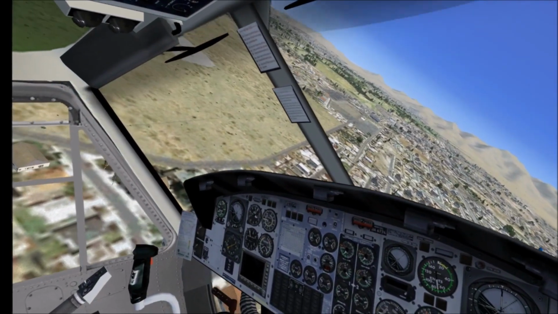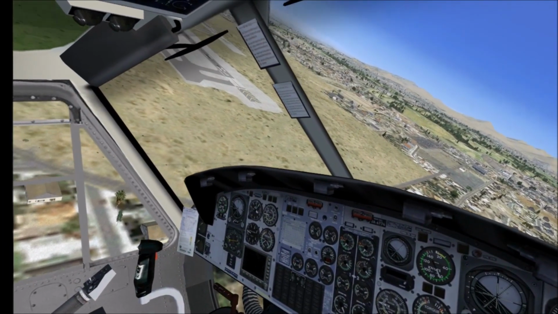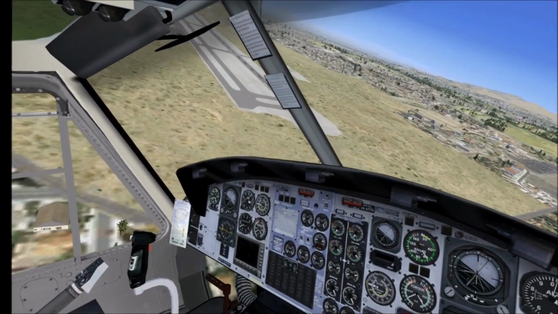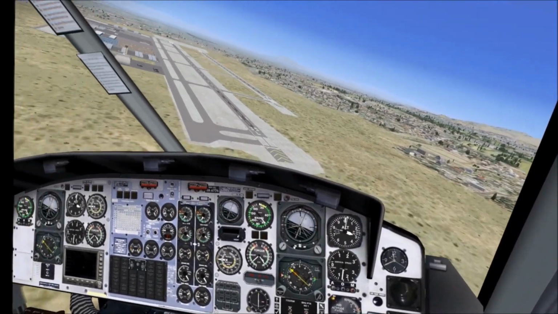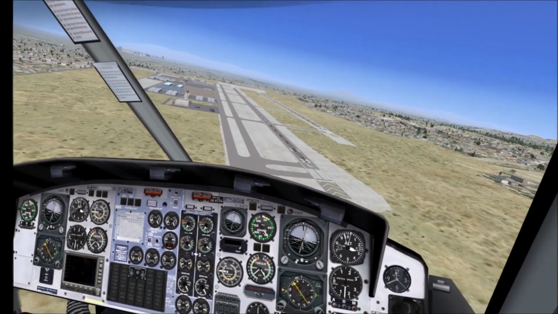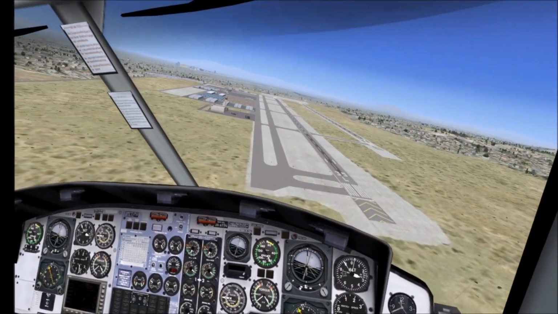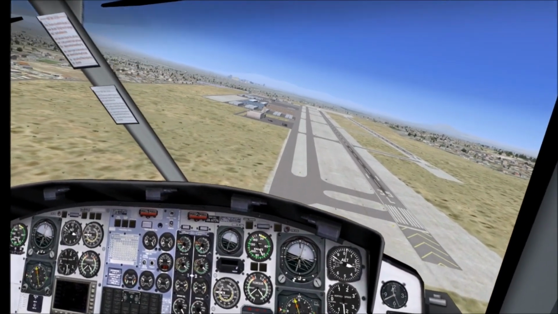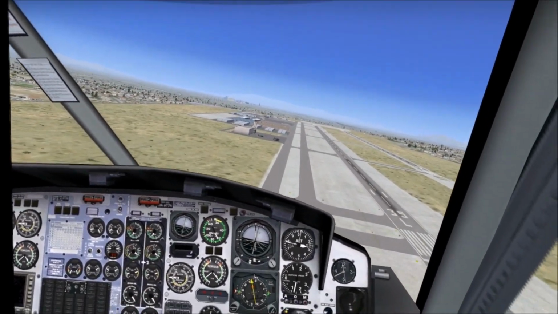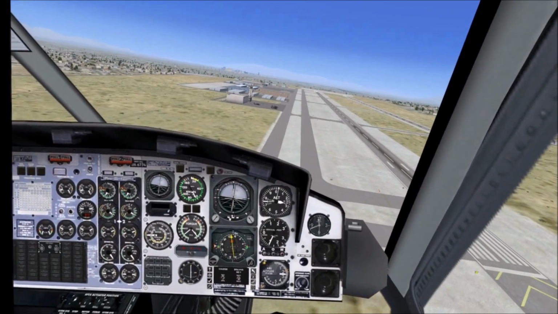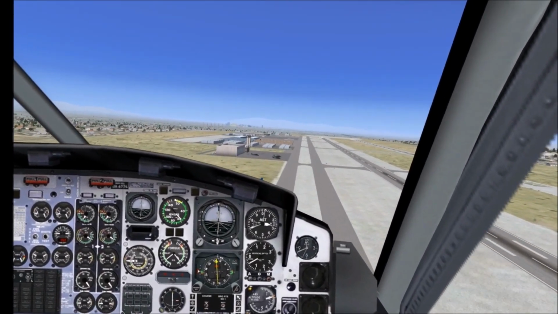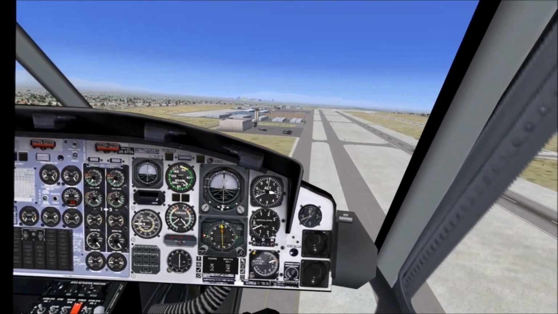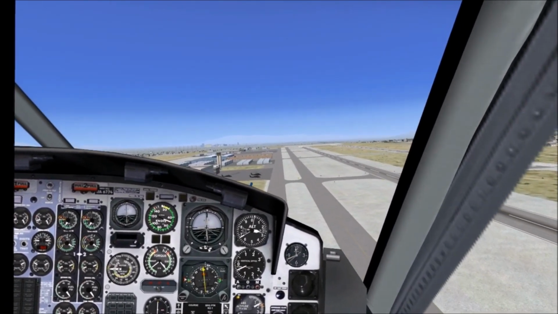And this is one of the things that caused me to virtually abandon FSX as a flight simulator, was the cyclic response and the amount of cyclic required. Because if you have a ProFlight trainer, you might want to consider moving away from FSX because of this reason, because the resolution on the cyclic is so much better. A lot of that is wasted in FSX because you're not getting the full